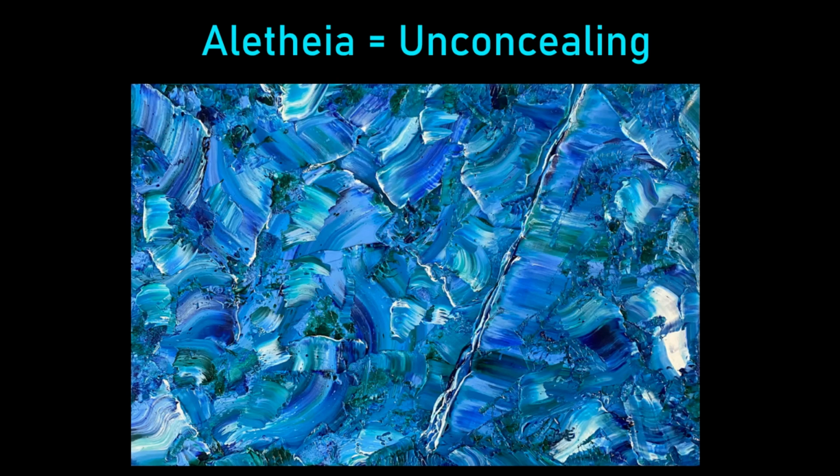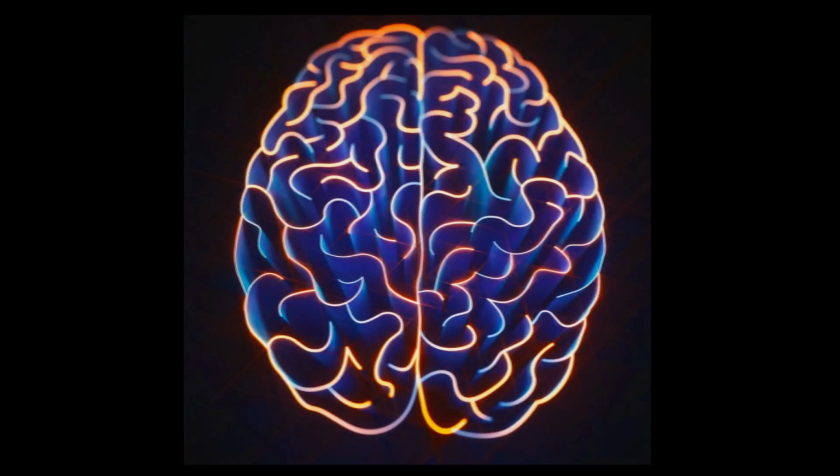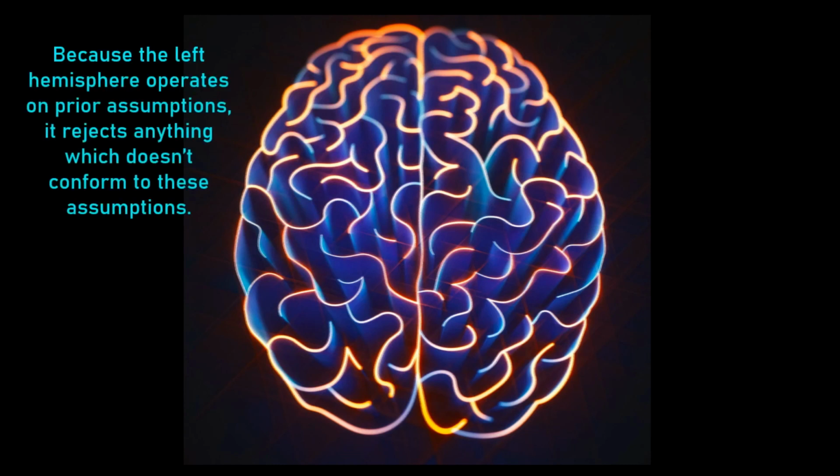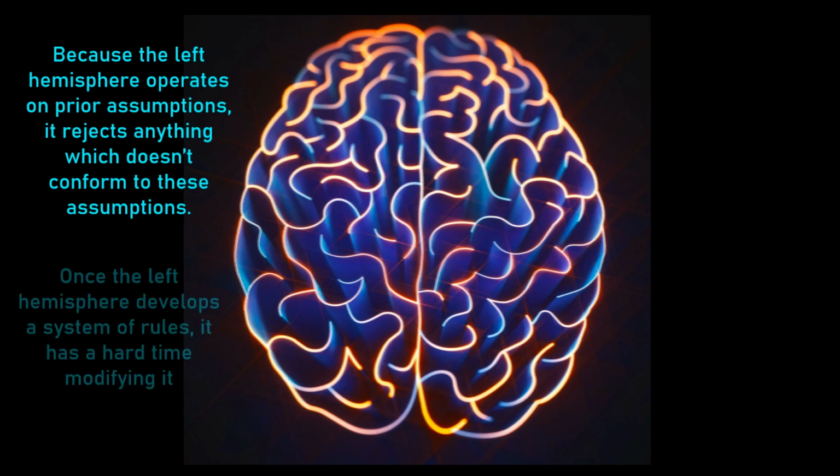Because the left hemisphere operates on closed loops, anything which transcends this enclosed system is taken to be weird or is rejected because it doesn't obey the rules we have imposed upon it. In other words, our initial assumptions bias the way we think and make us unwilling to accept ideas which break these assumptions. But oftentimes, new scientific discoveries are not found by following the trail of logic, but rather by transcending it. This is why the left hemisphere tends to be repulsed by notions which contradict what it already knows, since it prefers to be bound within the system it develops. When it comes up with a rule, it tends to stick with this rule and is unable to transcend it.